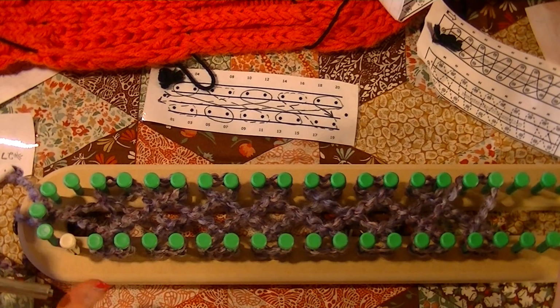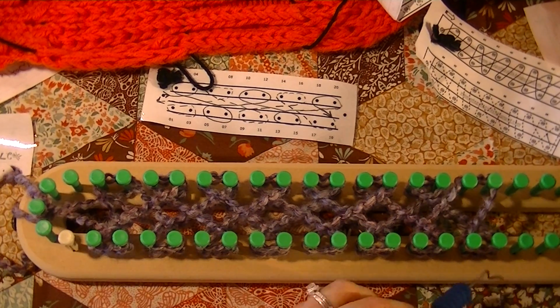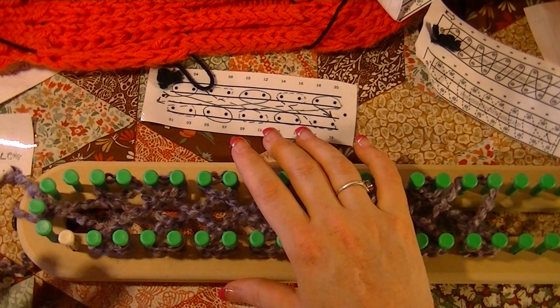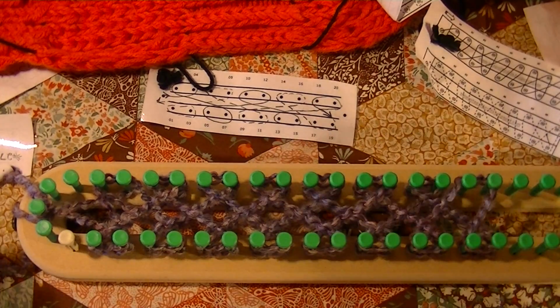Now, at this point you can do one of two things. You can just take the bottom loops over the top, push down, and just keep repeating this pattern until you get as long as you want and then cast off. Or,